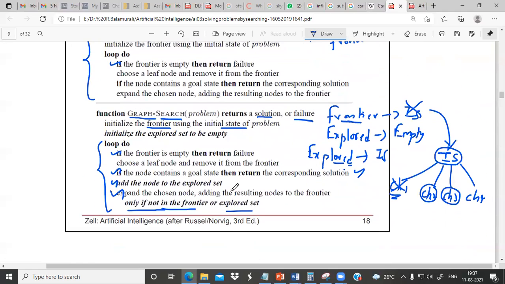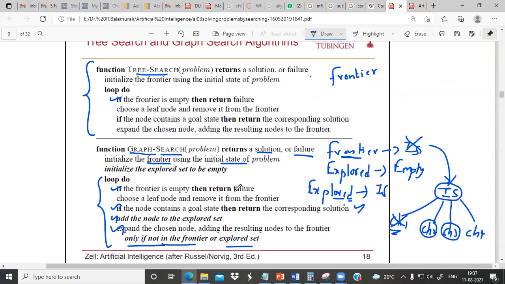So basically now, when this process is happening with graph search, the queue frontier will contain only those nodes whose child were not yet generated. Only those nodes will be here. Whereas the explored list will contain all the nodes which are not a goal state, and also whose child were generated. In whatever nodes have been opened up so far, we can